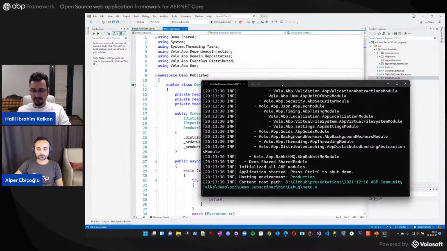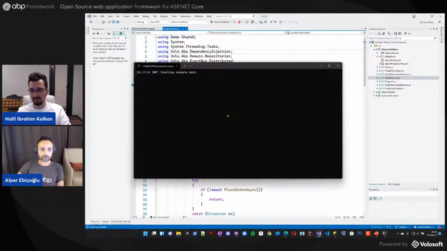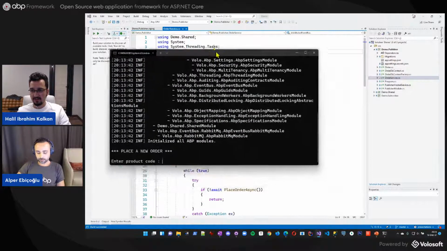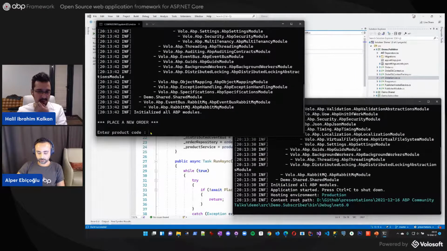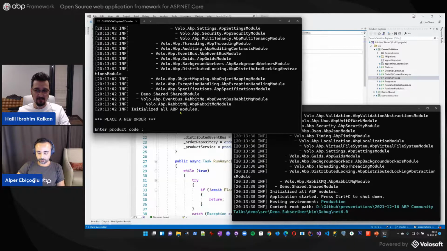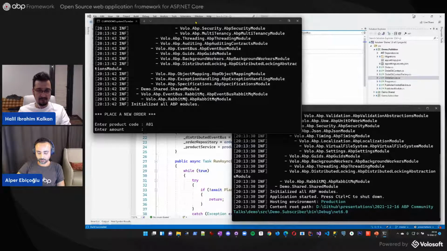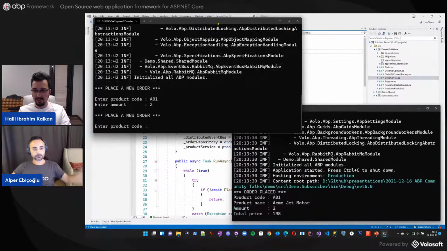Okay. This application listens to the messages, and in the publisher application, in this demo, I will place an order with a product code and amount, and the subscriber application receives an event related to that order. For example, I am entering a product code A01, then an amount. I can make it even bigger, like 2. You see that